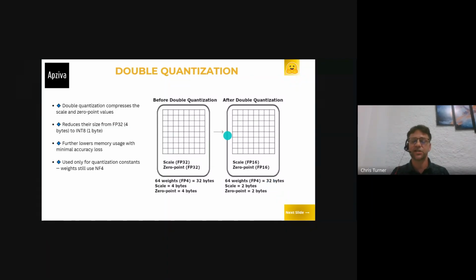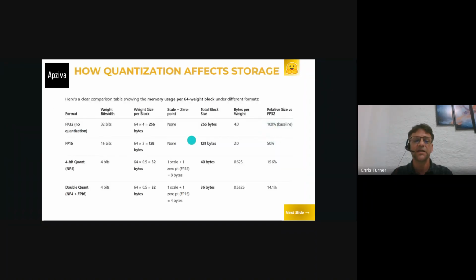And so that's an additional measure that they took to help crunch this model down and compress it down so that we can fit it onto our computer and begin to train it for our own purposes. And so I just wanted to give you a better idea of what this storage is.